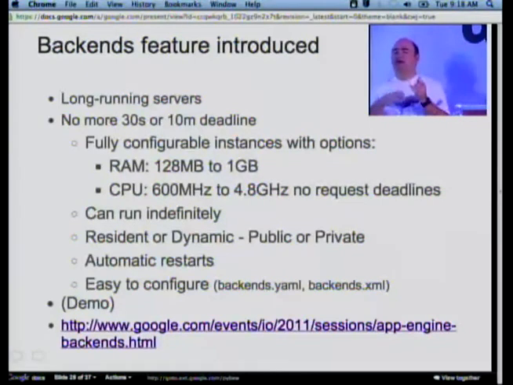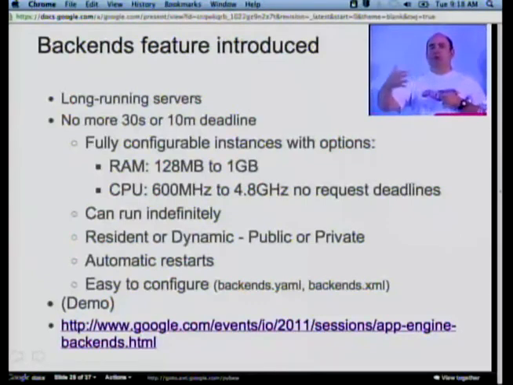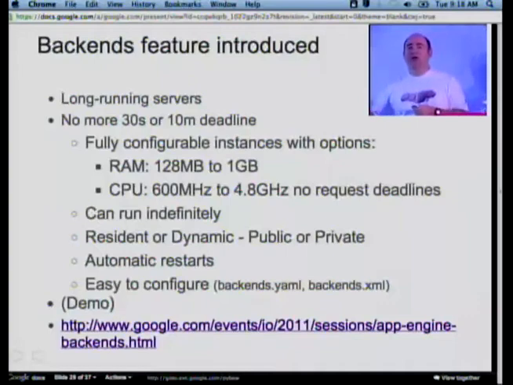You did have the capacity to use task queues or cron or things that could do offline processing, but they also had limited lifespans. This is different. You can actually configure your own back-end server and let it run. So it's literally like you had your own computer, plugged it in, turned it on, and that's your back-end server. And you can configure it to work in tandem with your front-end instances, which may be handling requests, or also